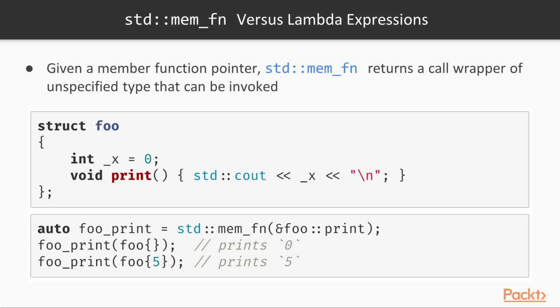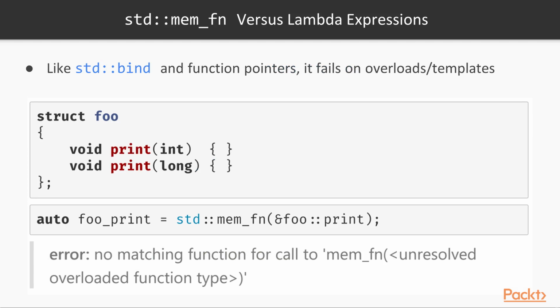Now we can say auto fooprint equals std memfun of the address of foo::print, and what this will do is create this new fooprint wrapper that can be invoked with an instance of foo, and it will automatically call the print member function on the provided instance for us. This is useful when you want to have some sort of call wrapper for a member function, but you don't actually have an instance to call the member function upon. So you simply say that fooprint will call print on any provided instance of foo.